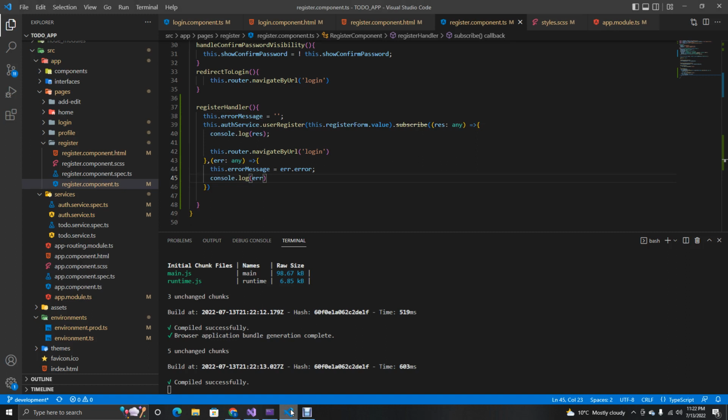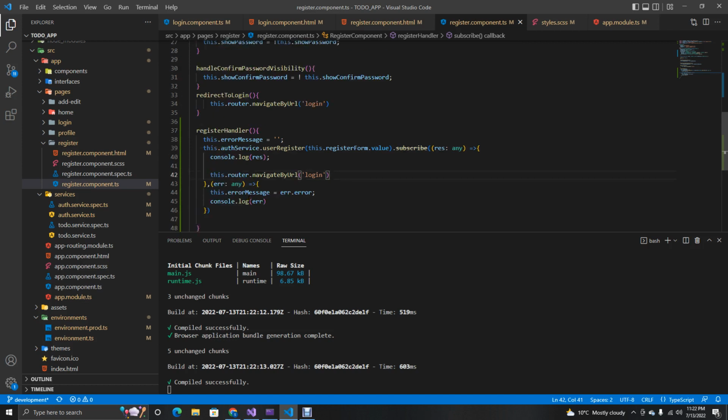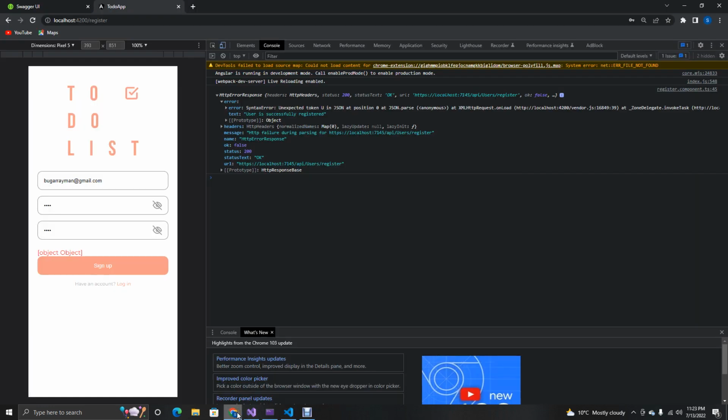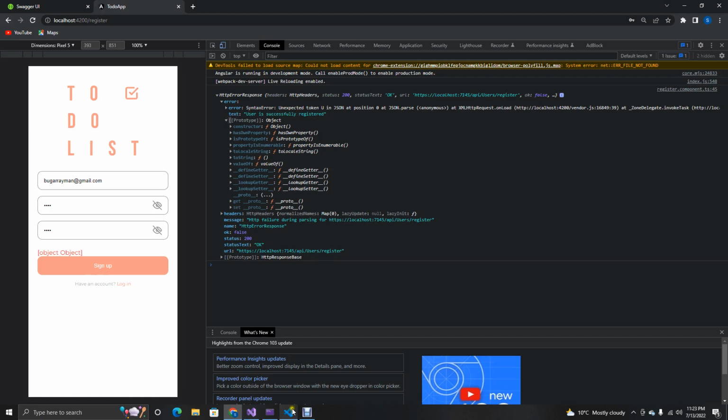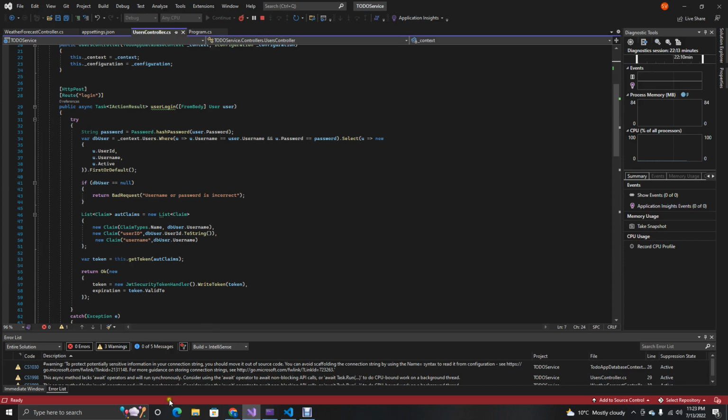Okay, this was successful, but we weren't actually redirected to any page, which is quite weird. Let's see. So this is from our text. Oh, so this is coming from text, yes. Or error.text, right? I think